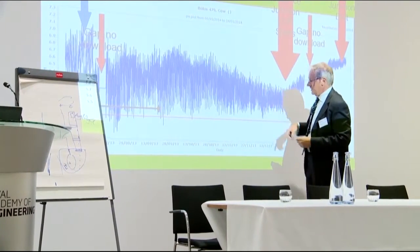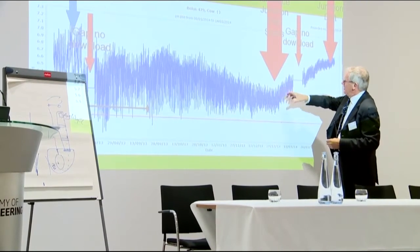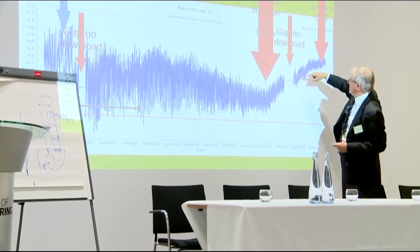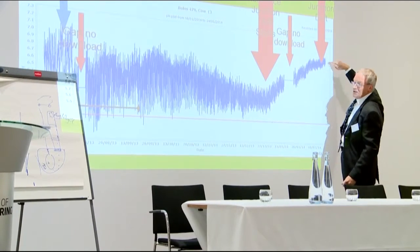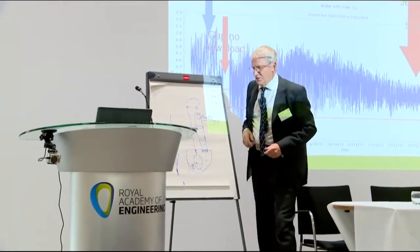It keeps on working, but then slowly over time, something happens round about here. And this is what we call reference junction drift. And you can see that this slowly gets narrower and narrower and ends up round about 7. And that's exactly what we now know as reference junction drift. Because